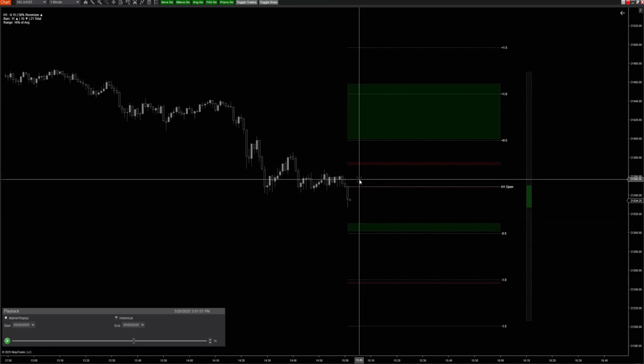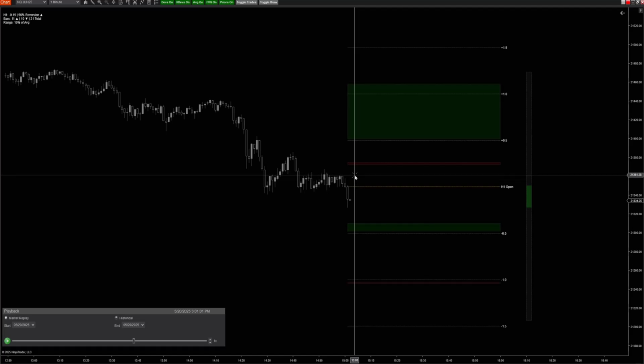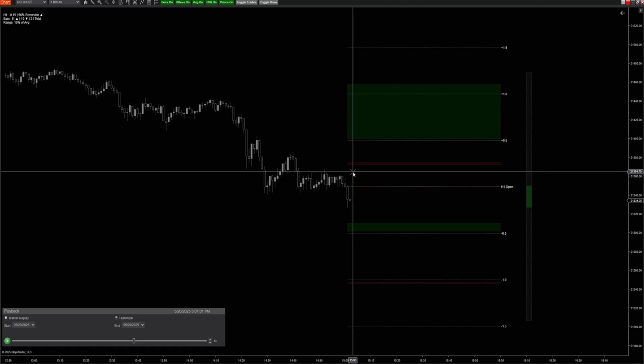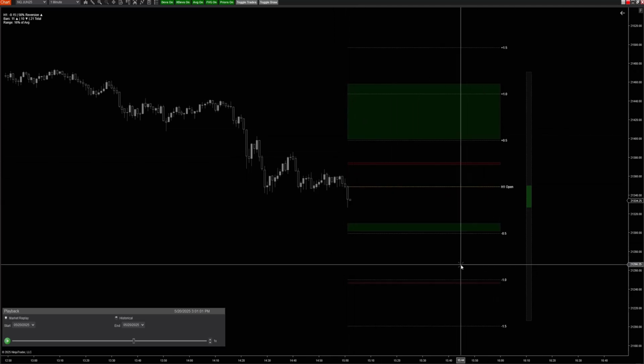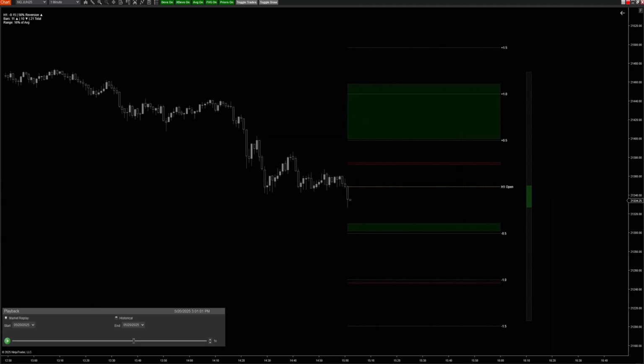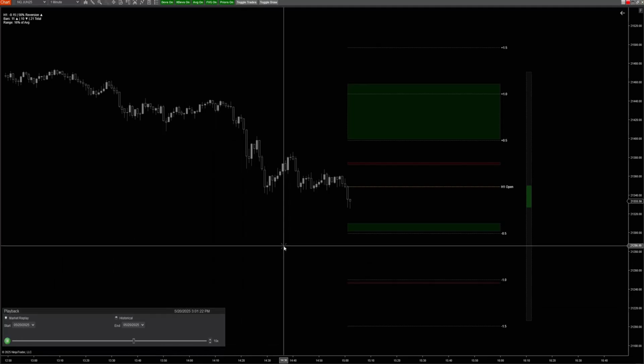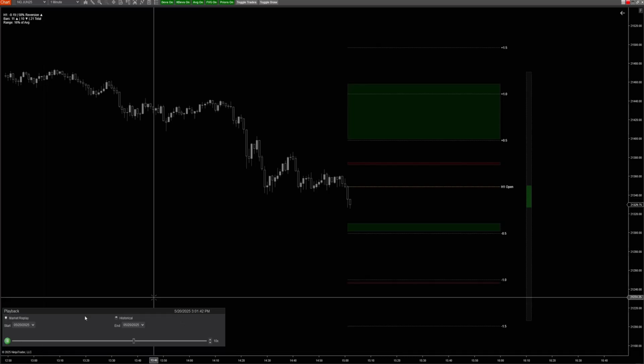We're going to hit play. I'm going to walk you through what I am seeing, what I would like to happen next, where I think price should go, just based off of market norms, right? This data on the chart. So we're going to go ahead and hit play. I'm going to speed this up to 10. And so let's